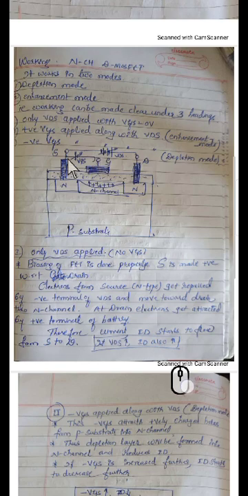Now think reverse. If this VGS applied is positive, what might happen? If this is a positive voltage, what can it do? It is going to attract the electrons from the P substrate into the N channel. Now what will be there in the N channel? The number of electrons are increased, which means more ID is going to flow than what was flowing without this plus VGS.